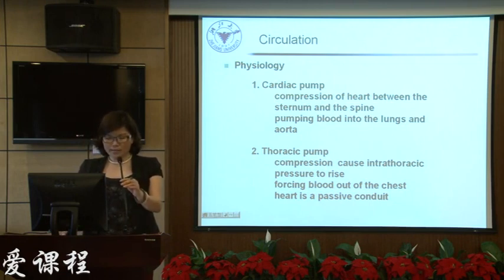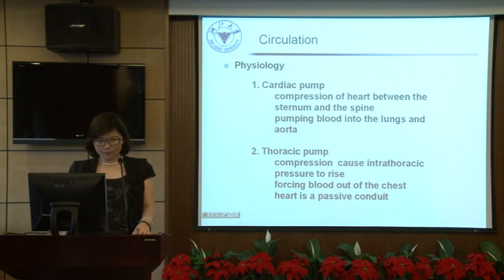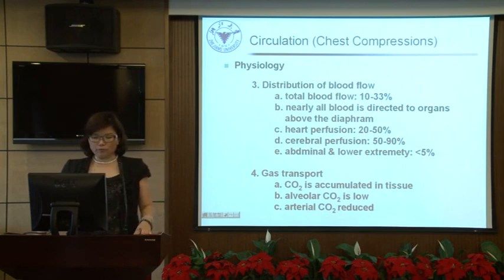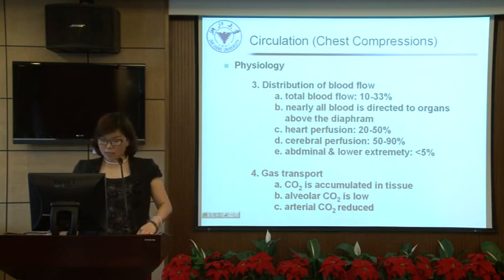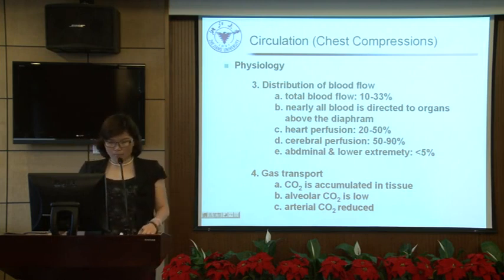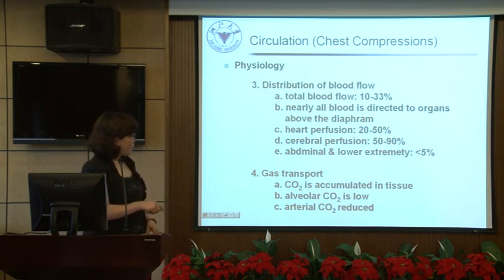The second one is the thoracic pump. Compression causes the intrathoracic pressure to rise, forcing blood out of the chest. The third is distribution of blood flow. The total blood flow may be 10 to 33% when you give chest compressions. Nearly all blood is directed to the organs above the diaphragm, with heart perfusion about 20 to 50% and cerebral perfusion about 50 to 90%,